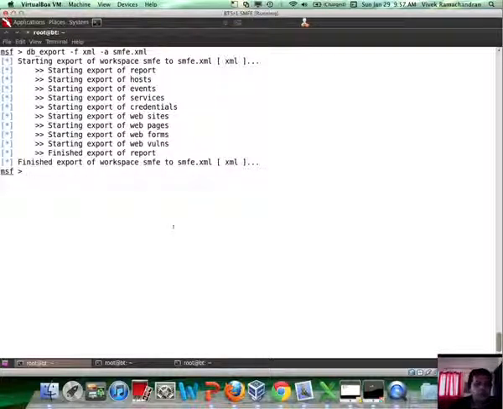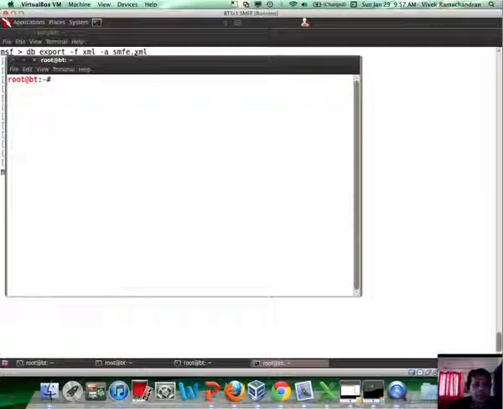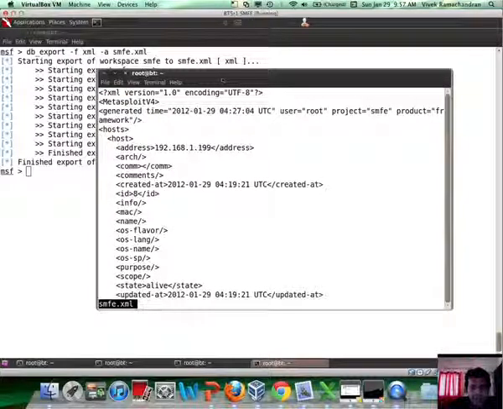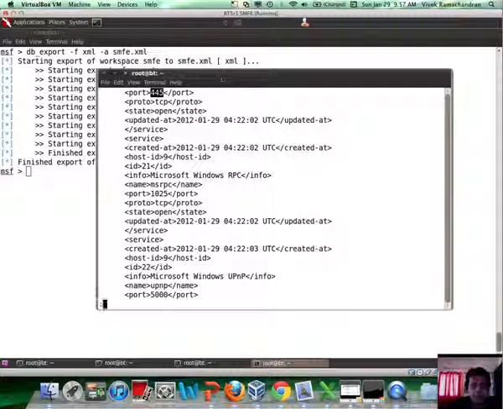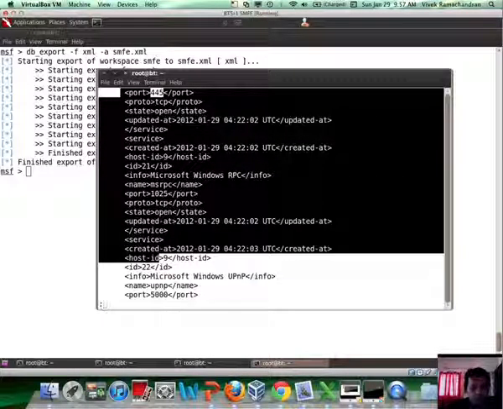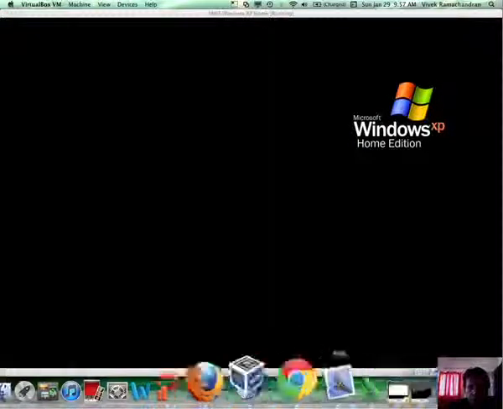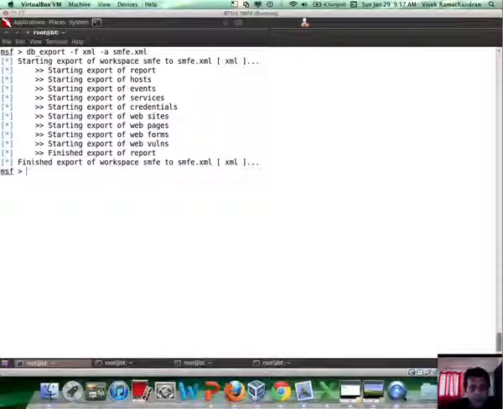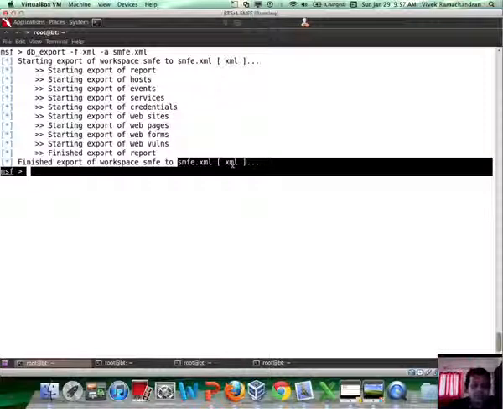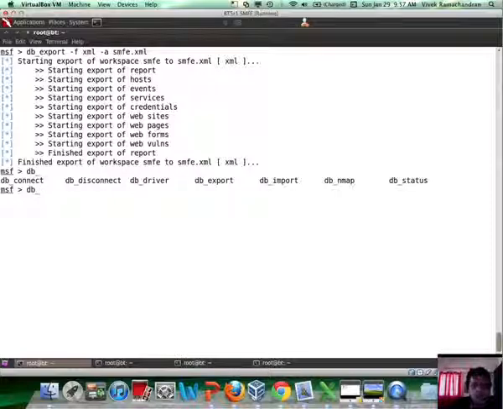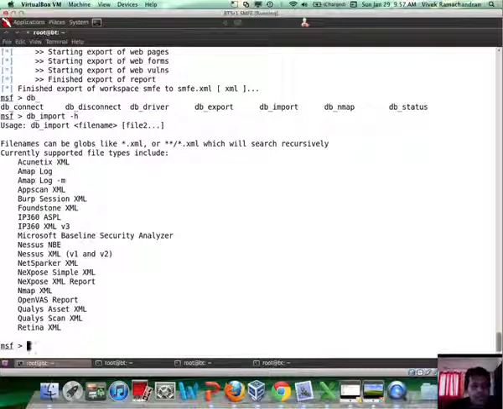So looks like everything has been loaded, and now if I go ahead and look at smfe.xml, you would actually find that all the info which we had in here, which is port 445 and everything, seems to be loaded. Now, what we need to understand here is that this XML file can also be imported,